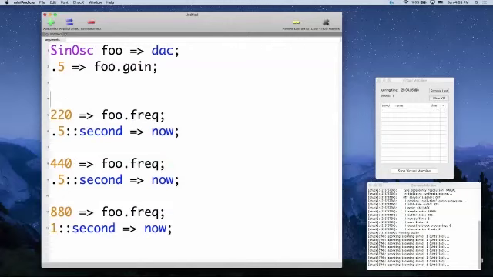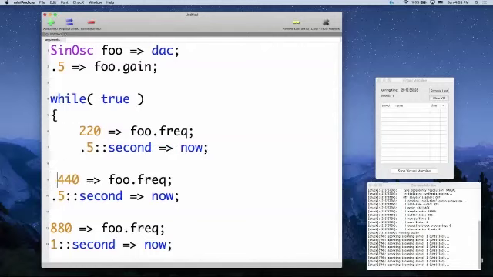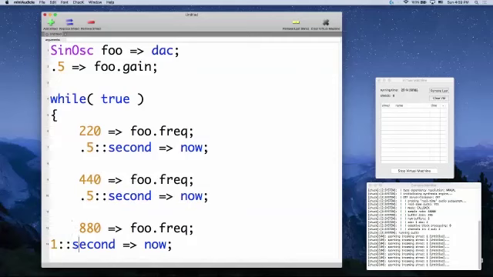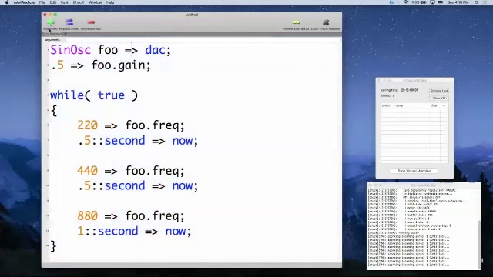And here, if we like, we can put it into a loop. In fact, an infinite loop. By the way, you do not have to indent, but you know what? It looks nicer that way in Chuck. And make this a little smaller. So if we do this,